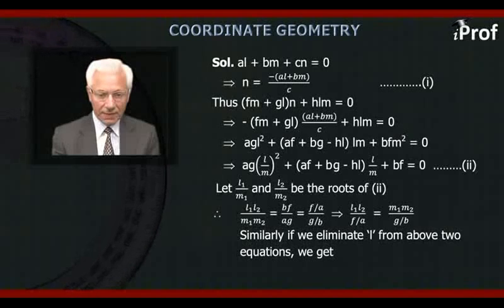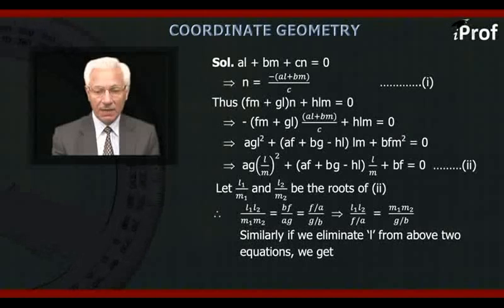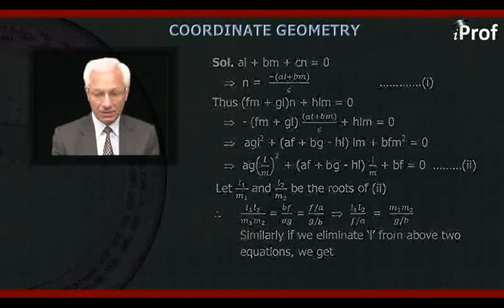Let l1 by m1 and l2 by m2 be the roots of this quadratic equation. Therefore, the product of roots, that means l1 by m1 into l2 by m2, will be equal to bf upon ag, which can be represented as f upon a over g upon b. Or in other words, l1 l2 upon f upon a is equal to m1 m2 upon g upon b. If the line